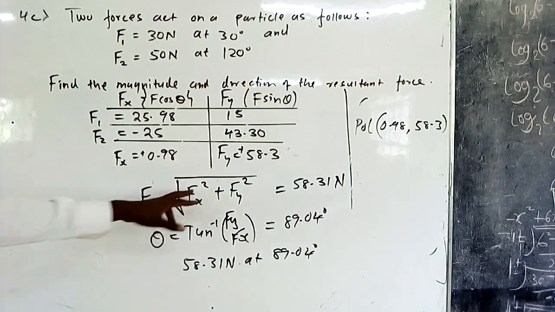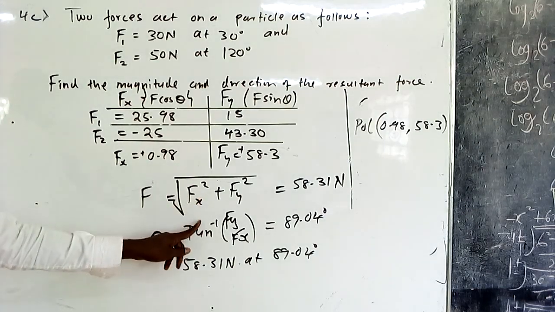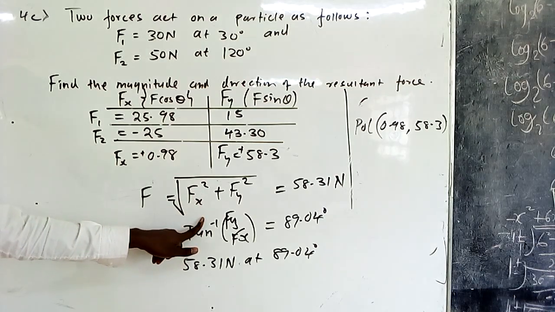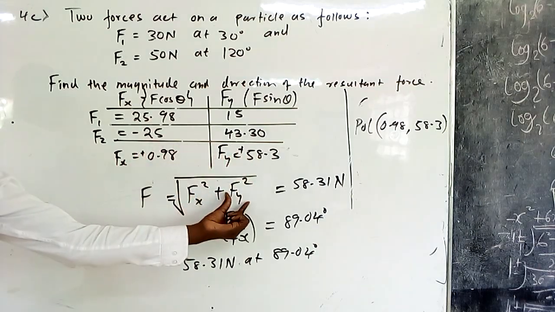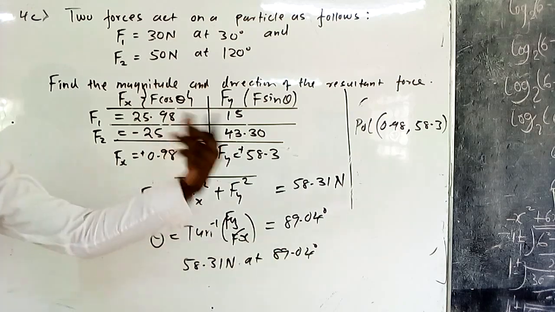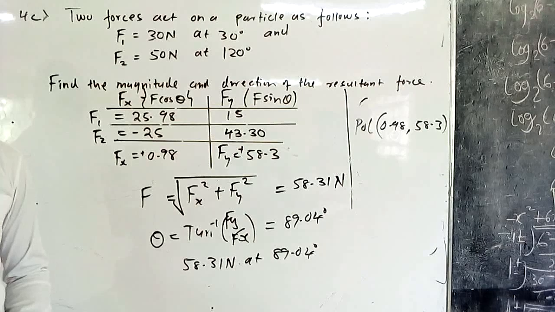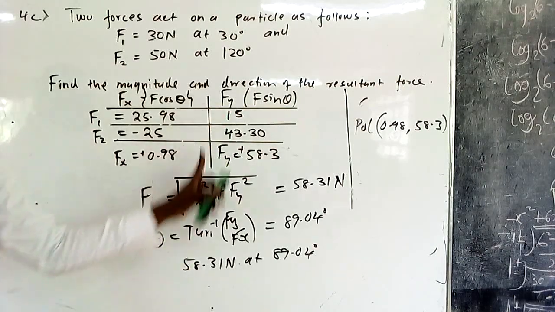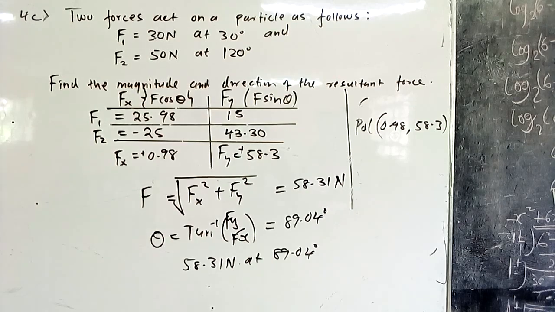What you do here is to write the formulas. Are you seeing? If you don't write the formulas and just give the values, you are cooking up things, and that is unacceptable, isn't it? The formula is what they are telling us; you have the values and you have the formula, so you are using the calculator to substitute, but in real sense, you are using the polar form. So this is not part of the working. That is just a shortcut, which is not part of the methodology. It is only used to confirm whether you've done the right thing. This is the procedure. Is that okay? Good. So you must confirm whether you've done the